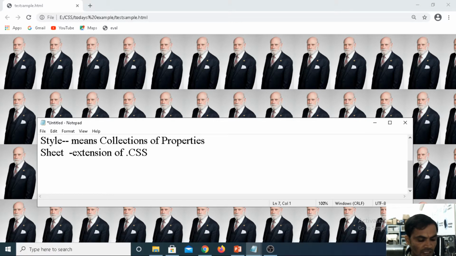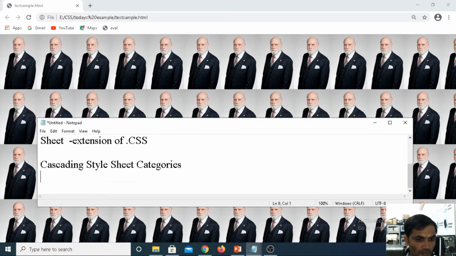Cascading style sheets are categorized into 3 types according to your syllabus, and according to the industry, 4 types.